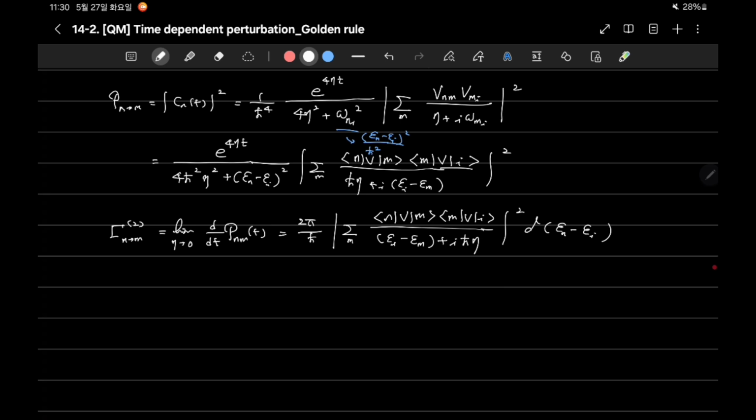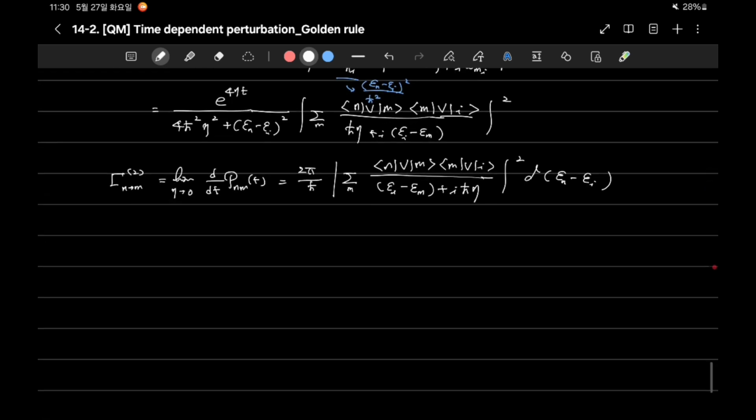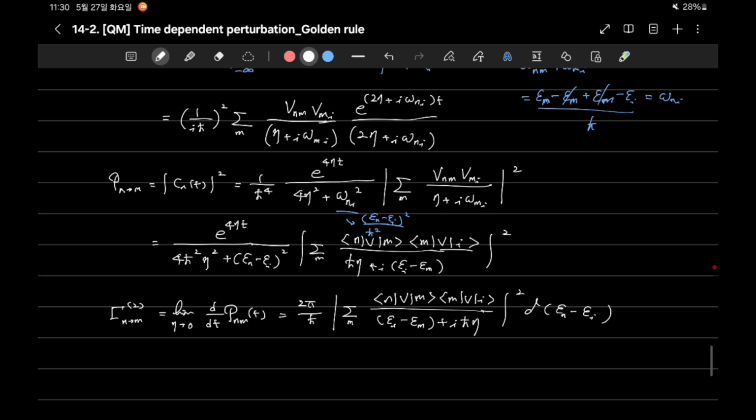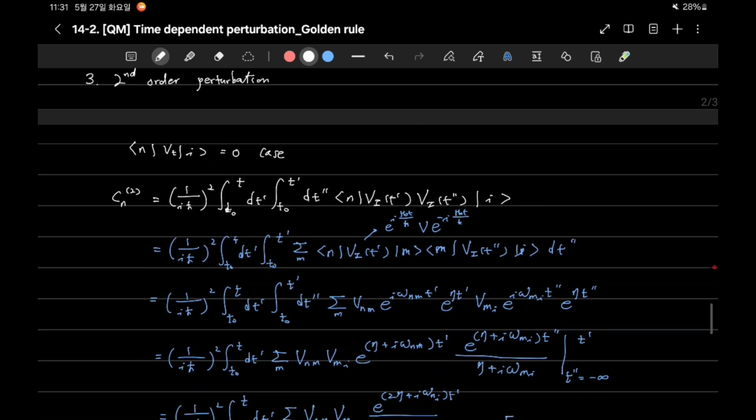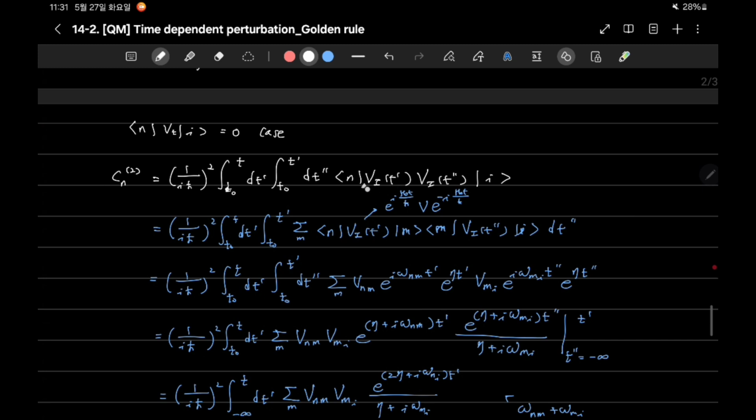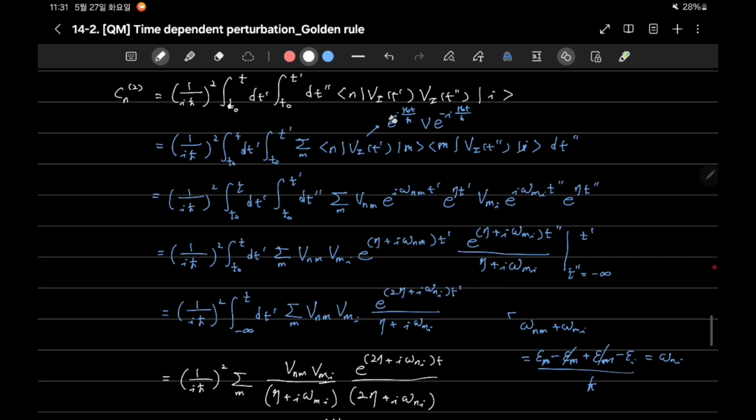So it is the second order perturbation case. Basically, in the second order perturbation case, by calculating this, the interaction potential has a double form. So V_I(t) becomes like this: exponential of V_nm and iω_nm t'. It is a slowly varying potential. If we apply the slowly varying potential like this,